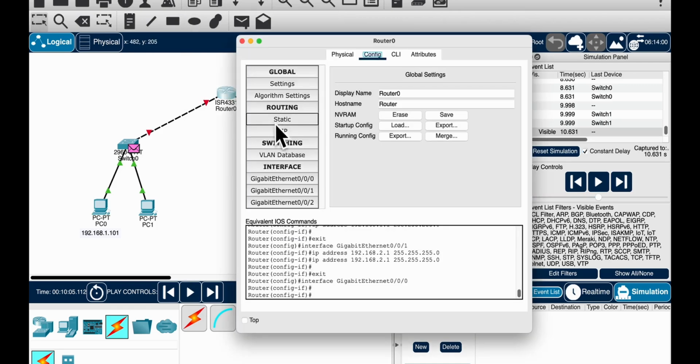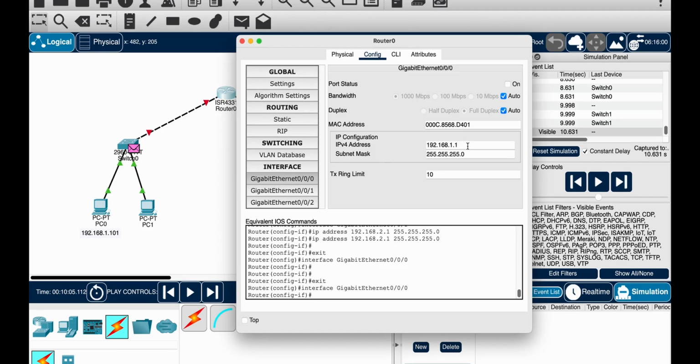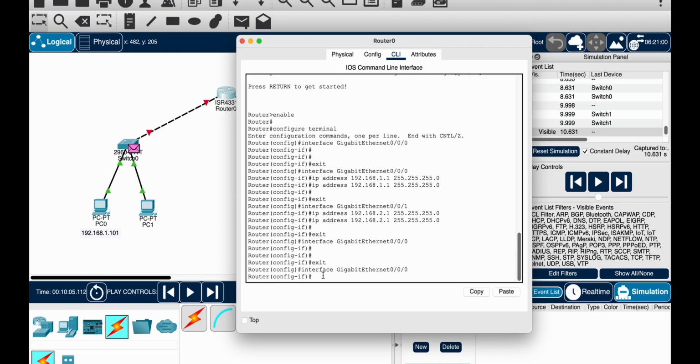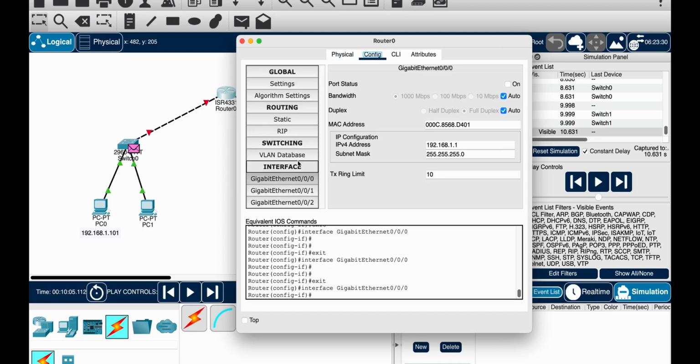This thing is connected over here. In its interface we have 192.168.1.1. We have the subnet mask properly over here. Let's see if we are able to see the whole thing. Okay, so what's wrong? I don't know. So there you go. Port status is not on. Even though you've done the configuration for this router, the router is not listening on this port. This port is essentially disabled right now. So what you need to do first is to make this port come on.